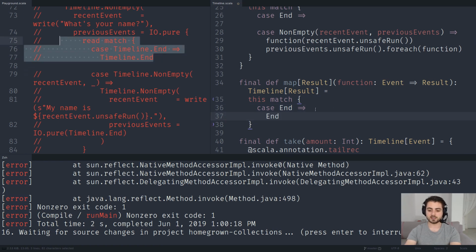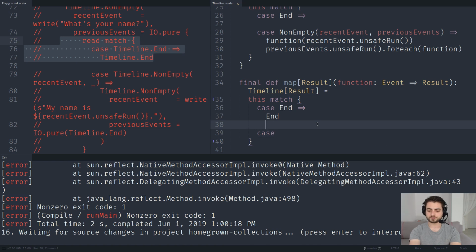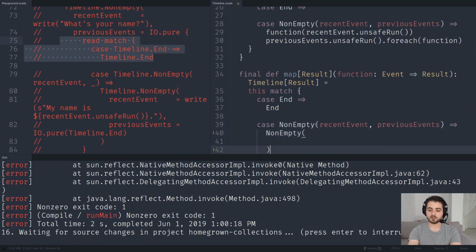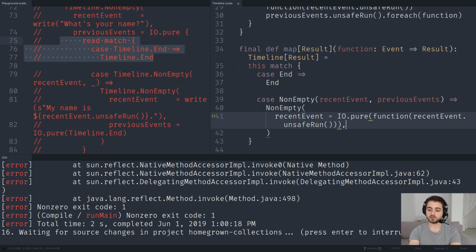So this is basically this case, and otherwise if it's a not empty, recent event, previous events, then we're going to produce a not empty like this, and we're going to say that the recent event is going to be IO pure function of recent event dot unsafe run. All right, so we're not leaking initializations over here, right? So this unsafe run is inside of this IO pure, and the previous events is going to be the same thing, IO pure